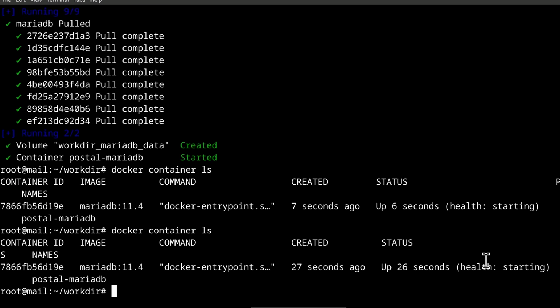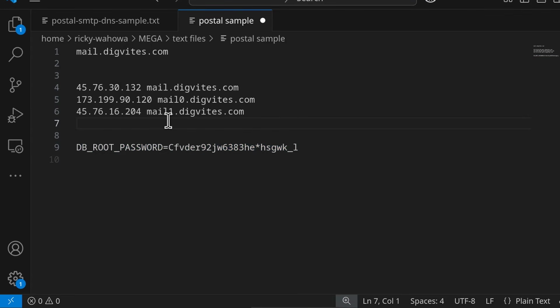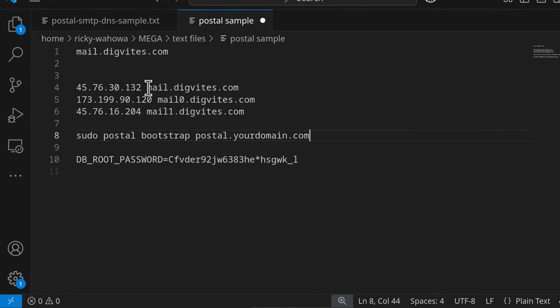Try again. Once the database is started, we're going to see if we can bootstrap a configuration file. And I don't want to type that, so I'm going to come back here, Control-V, and we want to bootstrap using this domain. Copy. So this is just going to generate the needed configurations. So any place where a domain is needed, maybe SMTP, it's going to add that domain. But remember, for the interface, I'm going to change the domain to mail app, and you're going to see how you can change that and ensure that it's working.